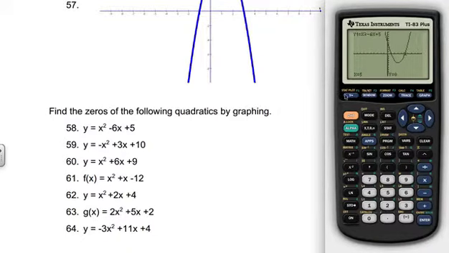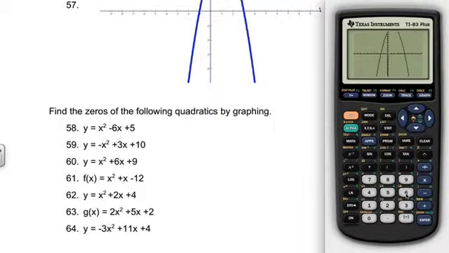Again, same directions. Solve this by graphing. So go back to y equals. We'll clear out that function. The new function is negative x squared. That tells us it opens down. Then it's plus 3x, then plus 10. Again, we'll remember to hit zoom 6 to hopefully get this in a good picture or a good window to look at. Okay. Again, looking at this graph,